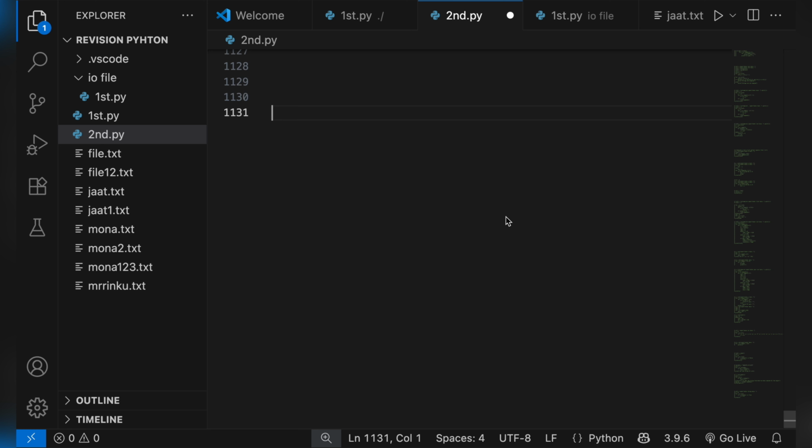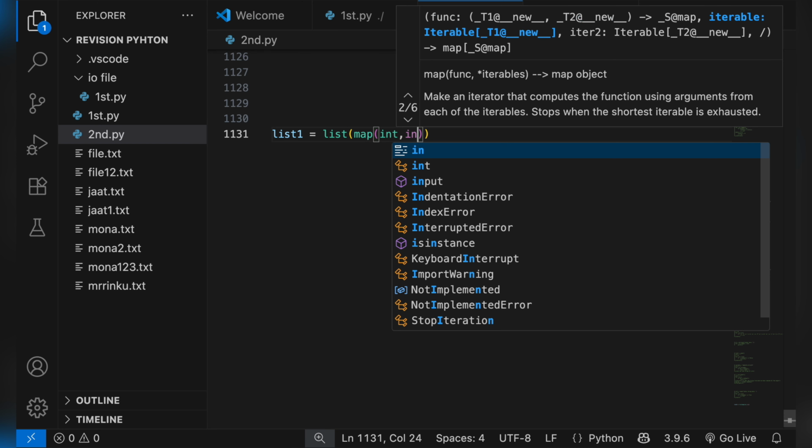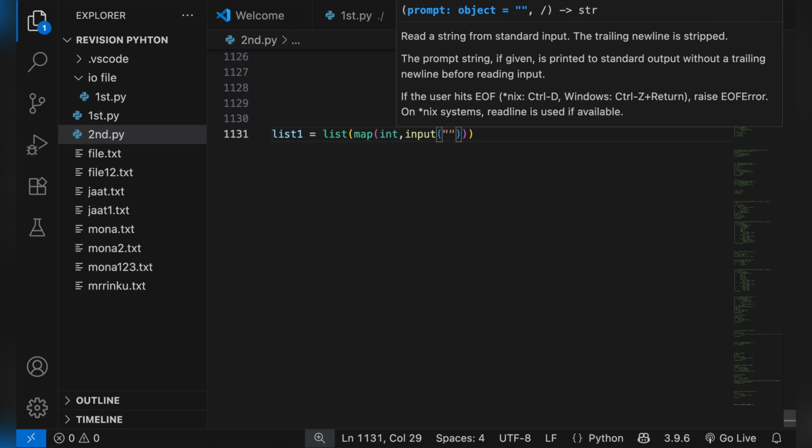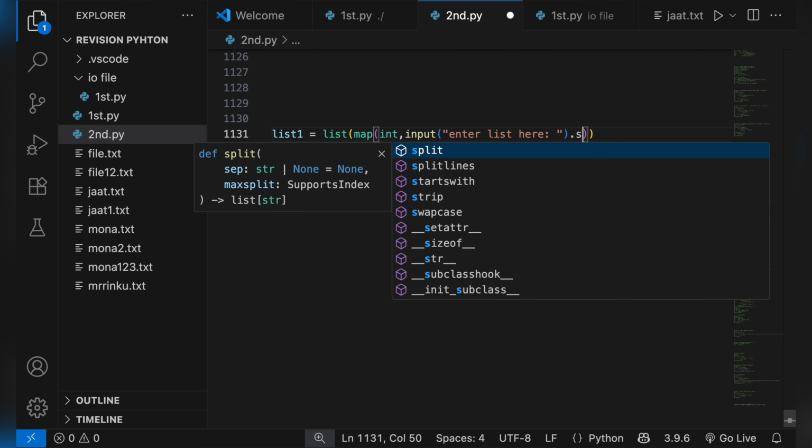And today we are going to make a Python program to sort a list on the basis of the sum of digits of every element. Okay, so first I will take a variable list1 and take it as an input list: map int comma input, and enter list here. Okay, and I will separate all the elements by a space. So split